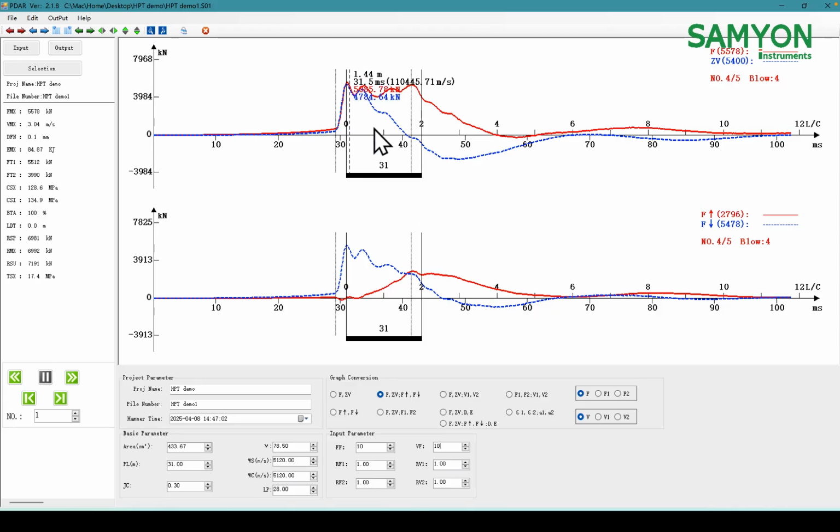The T1 location should be the first peak of the velocity curve. And this one is T2. T2 means the end of the pile. We can move it using these two buttons. And you may notice that when we click these two buttons, these two lines are moving, and also the WC